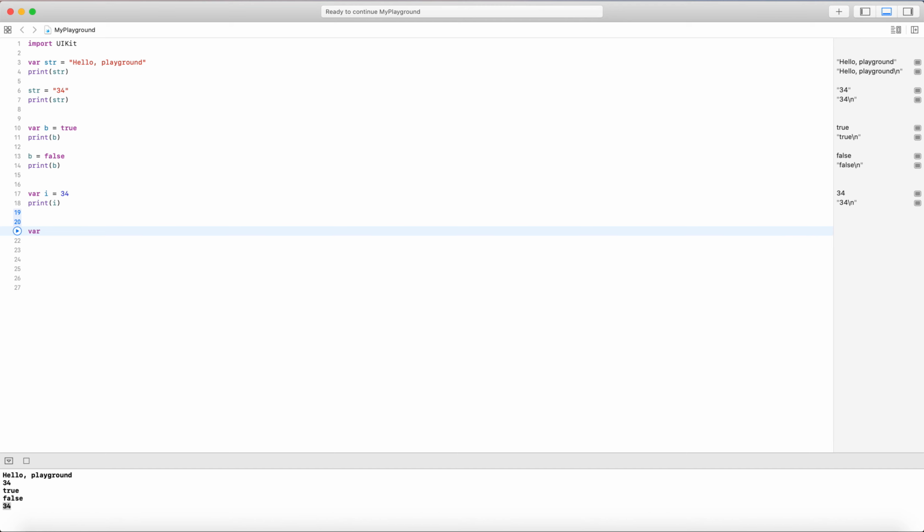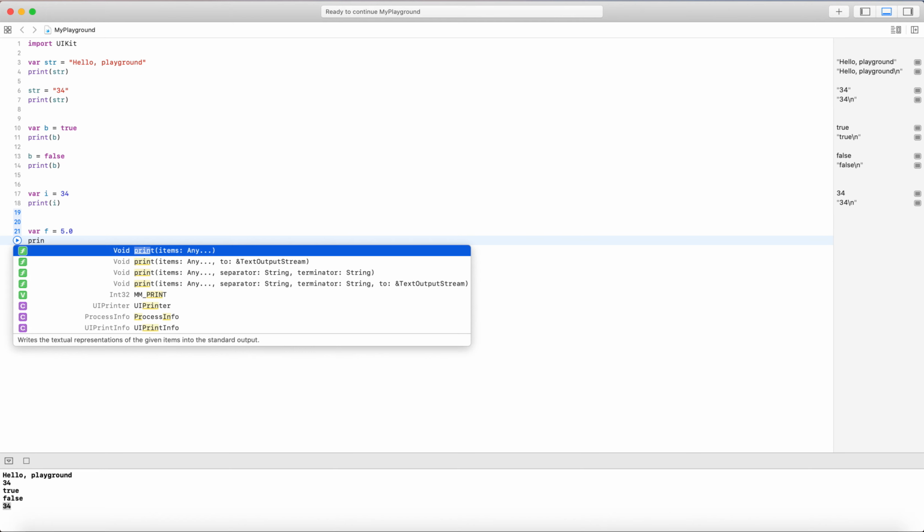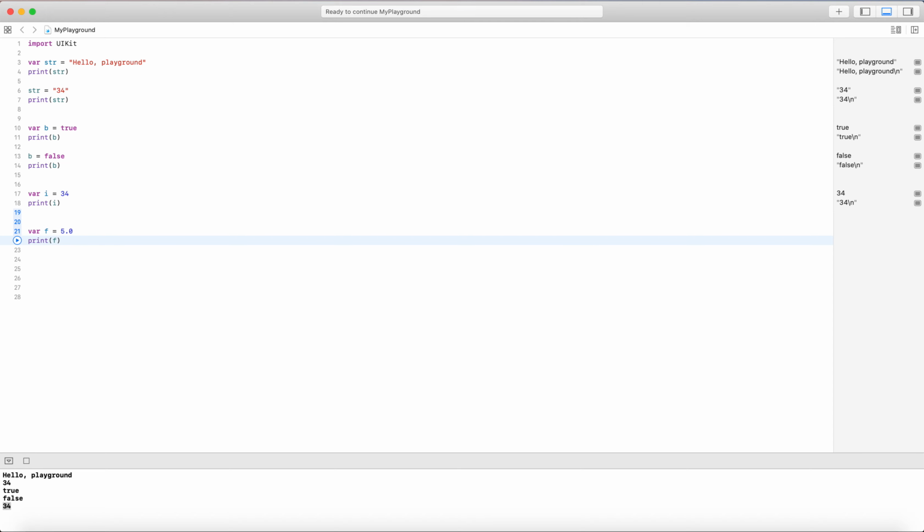Then we have the float data type. Let us suppose I assign a float value at the beginning. Now I run it, and in the console you will see 5.0 printing, that is our float value.